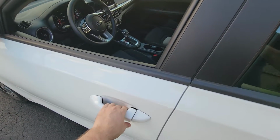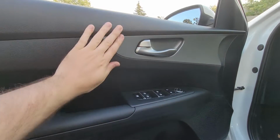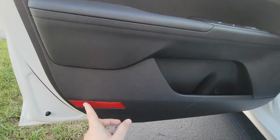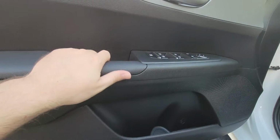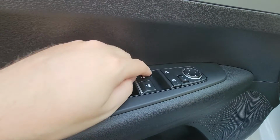All right, so getting into the front of the Kia Forte. Again, I'm going to point out the door. I do like this large silver piece right here. It does break up what would otherwise be a swath of black. But again, nothing fancy. They do put this here, which I kind of like. If you open your door, it lets oncoming traffic know someone's door is open. Nothing too fancy here at the window switches. A little bit of chrome. These windows, if you hear,